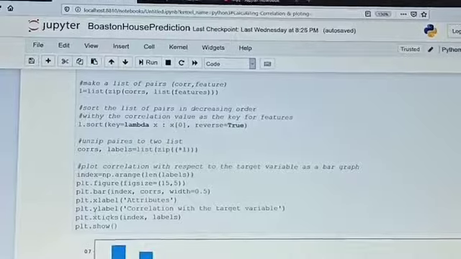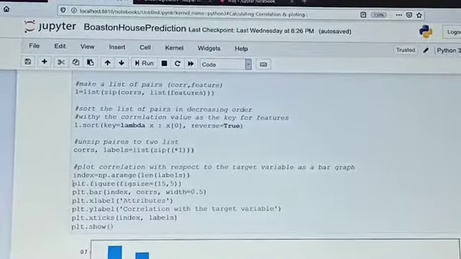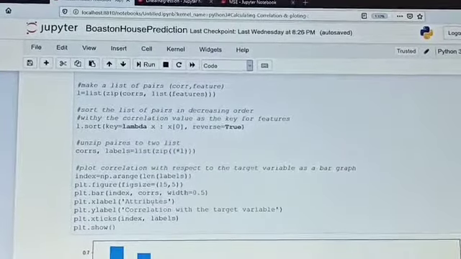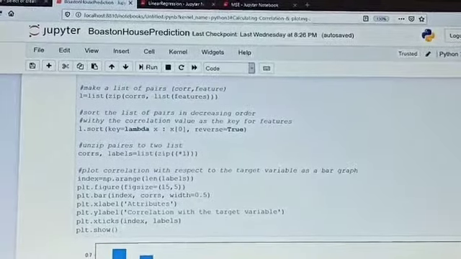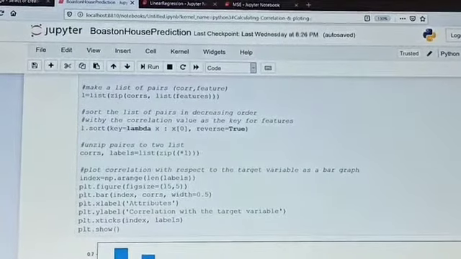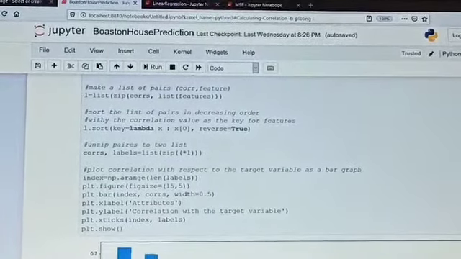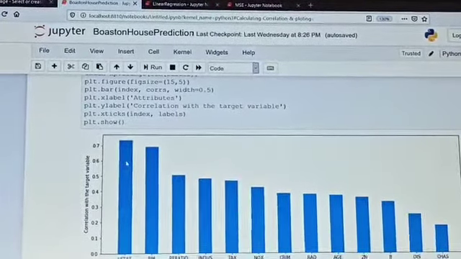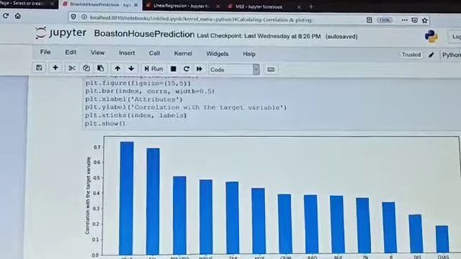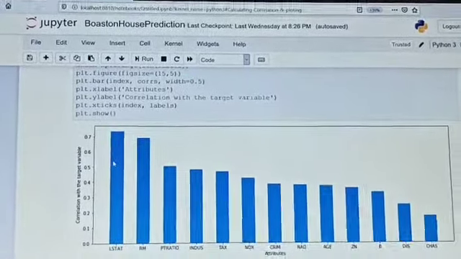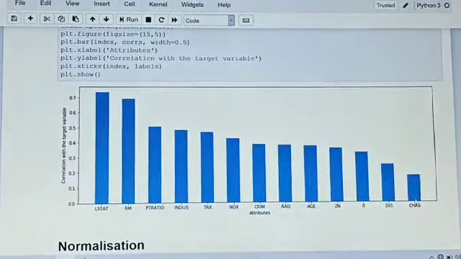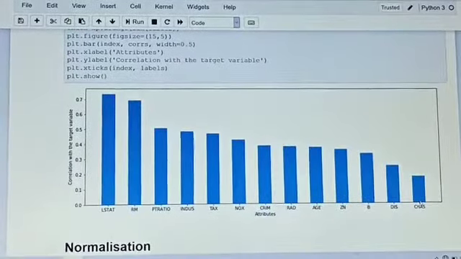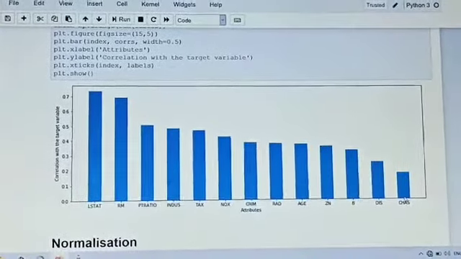By this function we visualize the bar graph, and we can learn about this function in the matplotlib documentation site, so I will not discuss much about this. Now we visualize it. Yes, this one is a bar graph and we see that LSTAT has the highest correlation with the target value and CHAS has the lowest correlation with the target value.